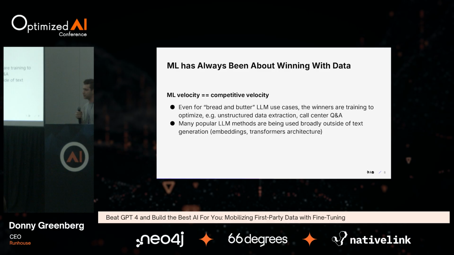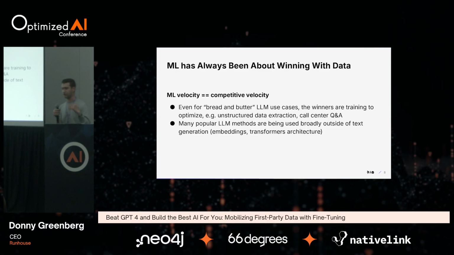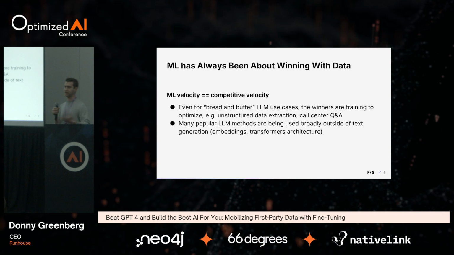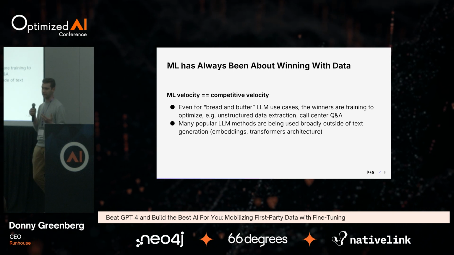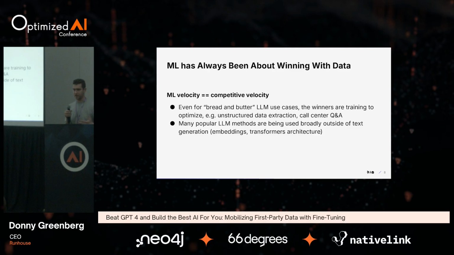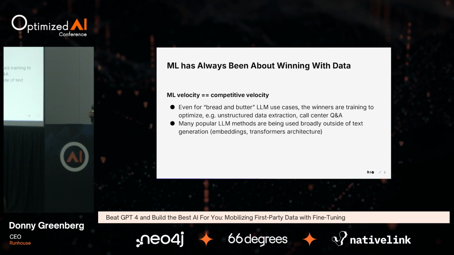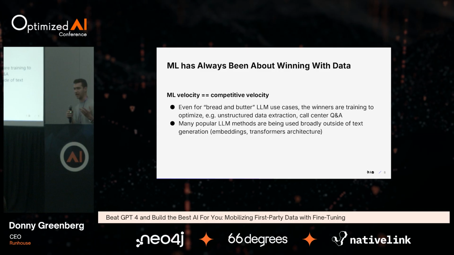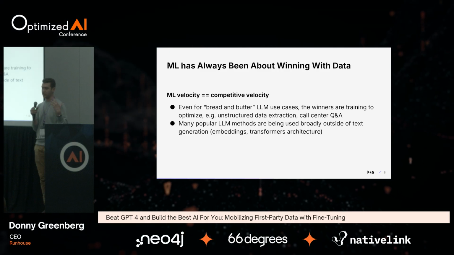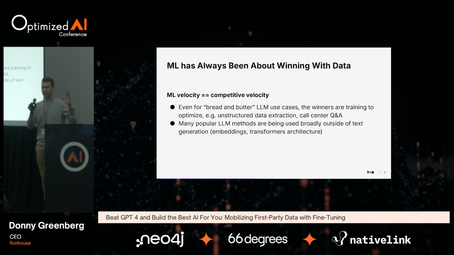And then to double down on the point about what it means to win with data, this outer optimization loop of the system that you're trying to build, or the task that you're trying to solve, ultimately depends on your velocity to iterate. Just basically saying I want to mobilize first-party data and build a great AI system is not enough. You have to be focused on the task that you're trying to solve and modeling the system almost like an